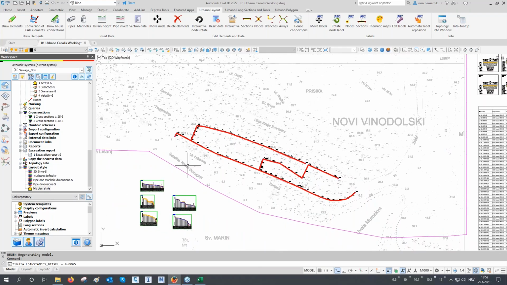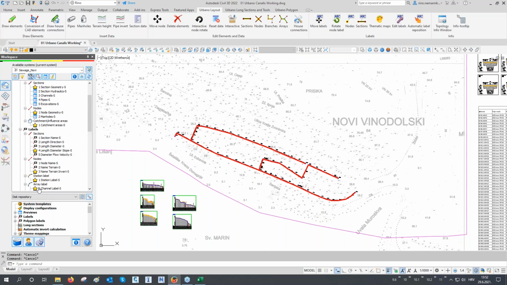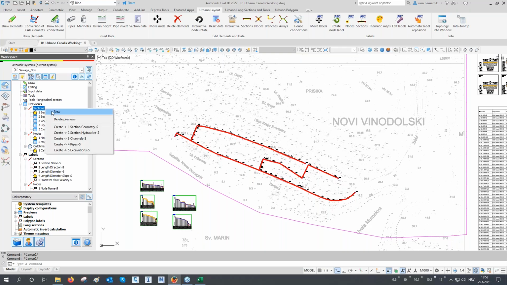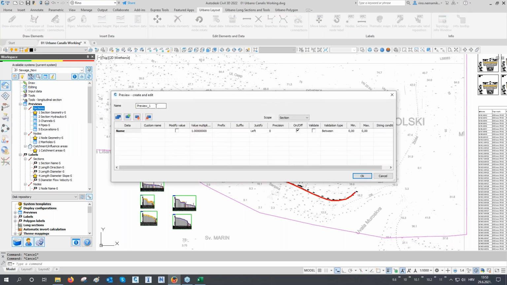Okay, and the last thing today, quickly, I will show you how you can create some of your own configurations. I already showed you how to create your own plan style configuration, but also let's check how you can create your data table. Of course, like I said, it's always good to start from something because all these defaults are really nice. You can just open something, you can edit it, you can change something, but it's also good to know how to create something of your own. So if you want to create a new data table, just click here on new. I will do it for the sections, and I will call it my section